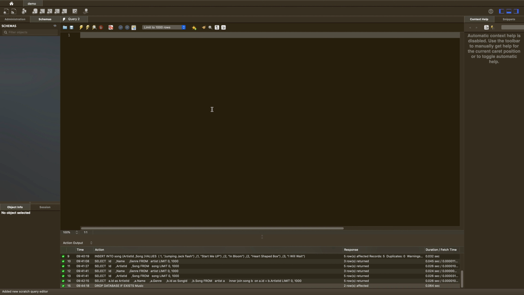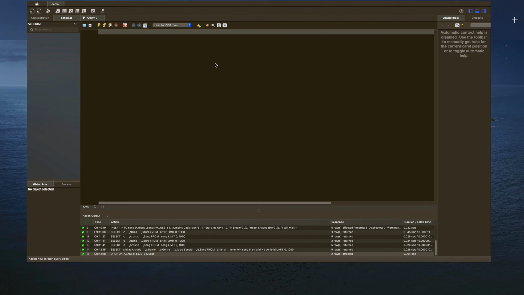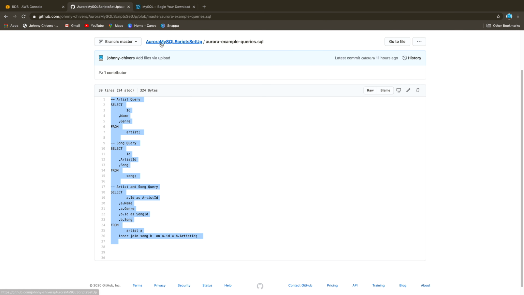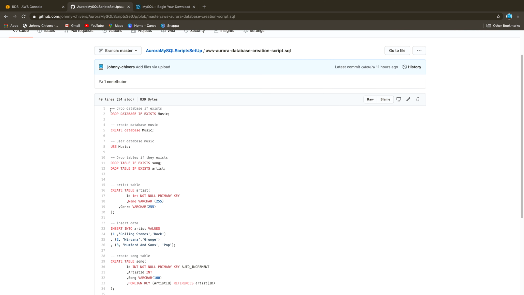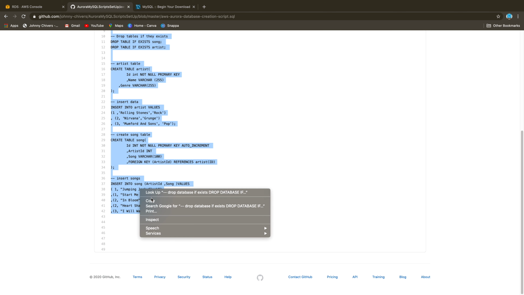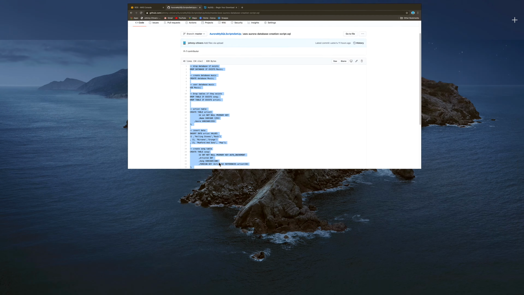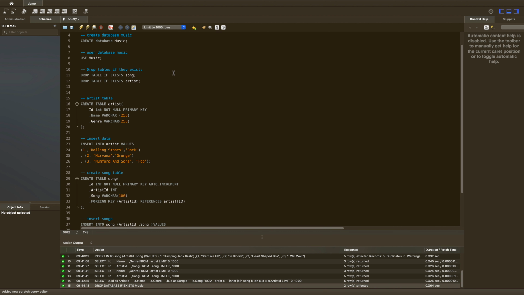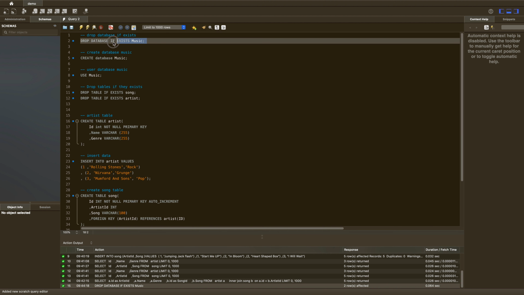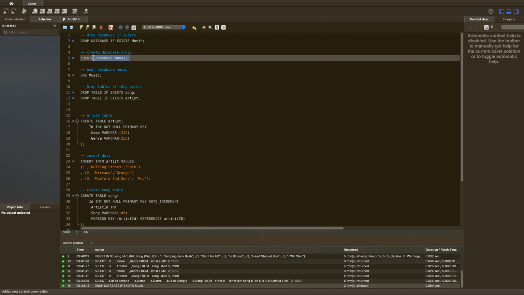What we're going to do is create a database and tables with data so we can query them. So if we jump over onto the GitHub, and I'll put a link in the description to get there, I've put up a create database table and insert data script. If we copy that, or you can download it, whatever you prefer, into a query window, and we paste it in, it basically drops a database called music if it exists, creates that database,